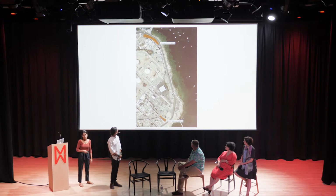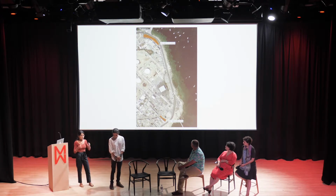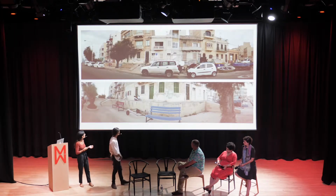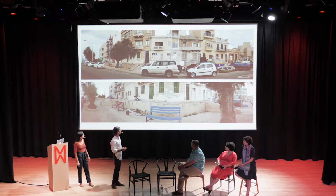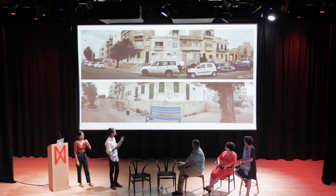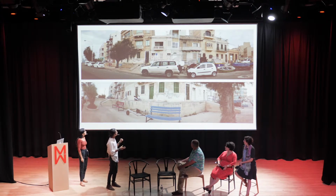So what we found different with this year's site from last year was the fact that last year we didn't have users which use the site, whereas this year we have a site which is functioning for users. It's directly implanted between the community, and maybe has two major communities that actively use it. You have the fishermen from one side that use an unofficial boatyard on one part, and the residents, some of them are still